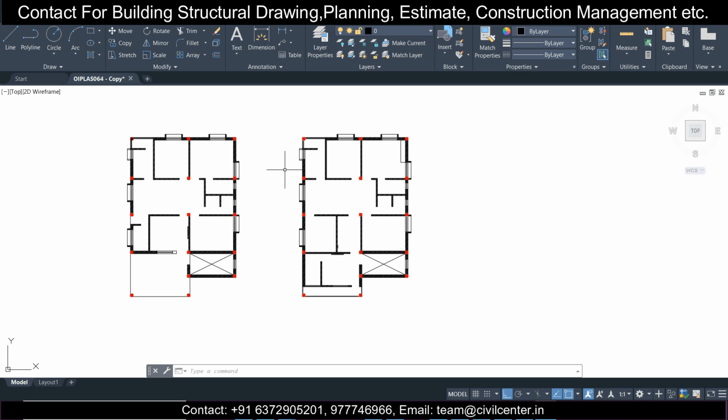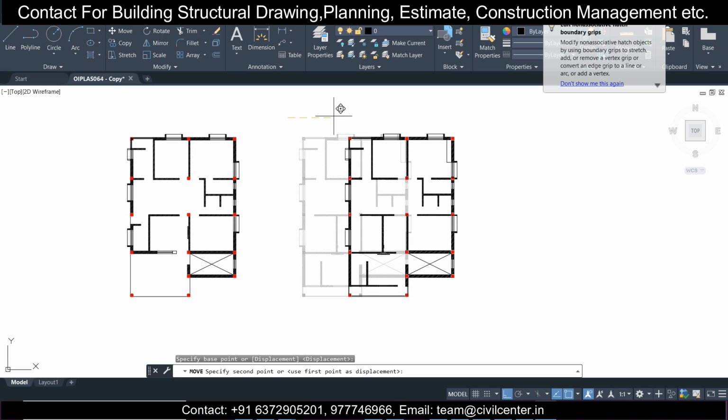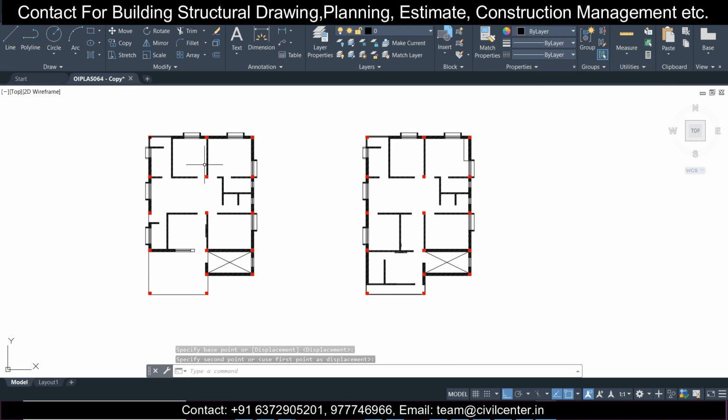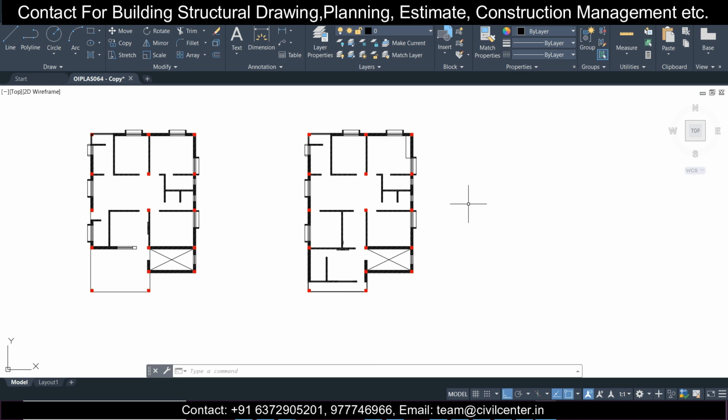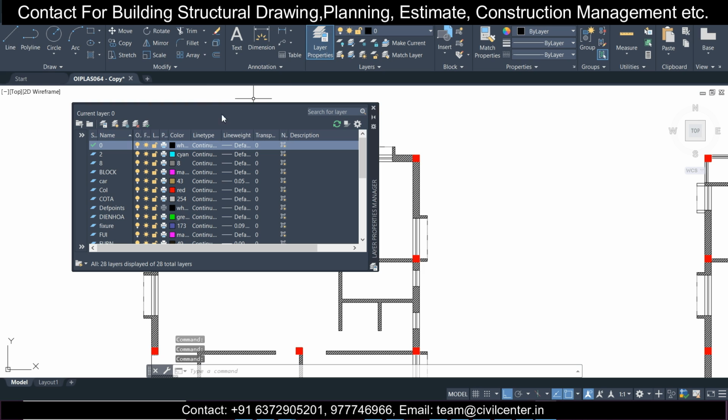So what we'll do, we'll just make the center line of both the ground floor and the first floor. This can be done very easily. You just see here, and if any problem arises, we can do it both in the same model, so there is no problem. So this is the ground floor plan. We'll just have a separate layer first. Go to layer properties and give a separate layer here, and this time we'll do this as center line.